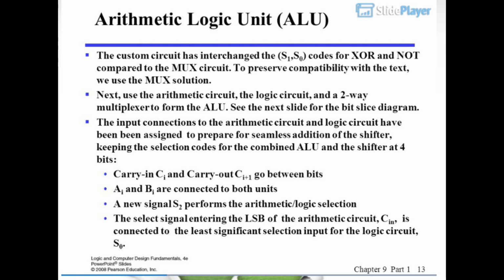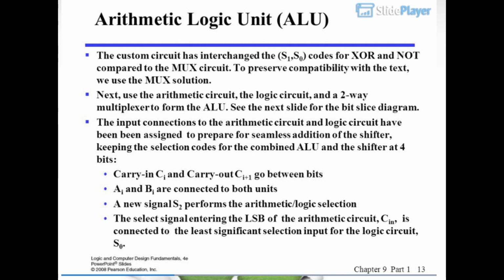The input connections to the arithmetic circuit and logic circuit have been assigned to prepare for seamless addition of the shifter, keeping the selection codes for the combined ALU and the shifter at 4 bits. Carry in C_i and carry out C_i+1 go between bits i and i+1 and are connected to both units. A new signal S2 performs the arithmetic/logic selection. The select signal entering the LSB of the arithmetic circuit, Cin, is connected to the least significant selection input for